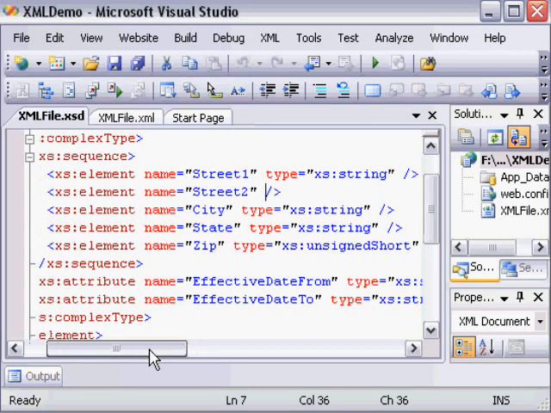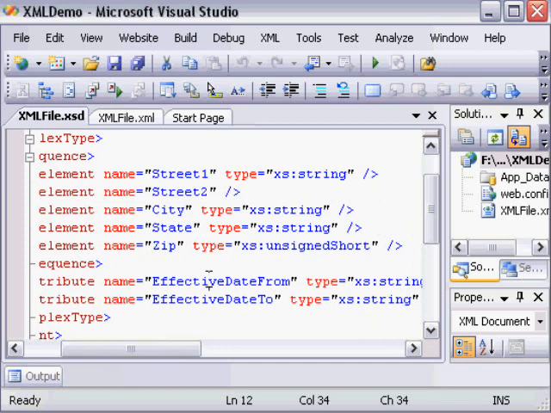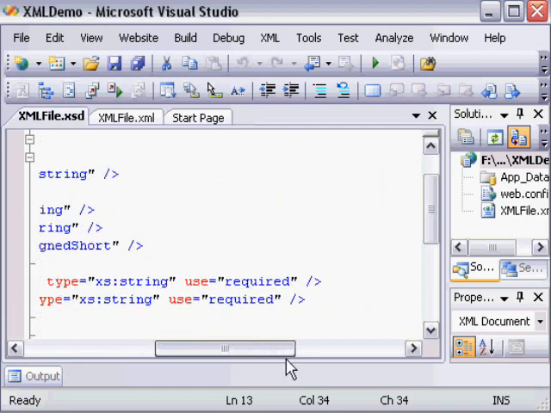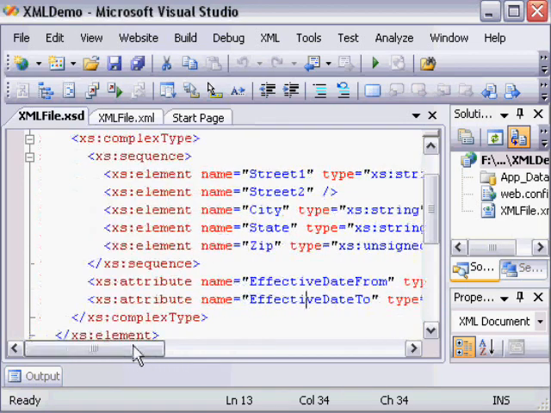Now it didn't do so well with the date strings, because as you can tell, it didn't know that they were dates, it didn't know they'd be numeric, so it made them strings. Still, it's pretty interesting that Studio at least gets someone that far along with creating their XSD file. Now, there's something else that you can do with XSDs that's rather interesting in Studio. You can actually map them to Studio itself, so when you're creating an XML file, those XSDs can be referred to make sure you're